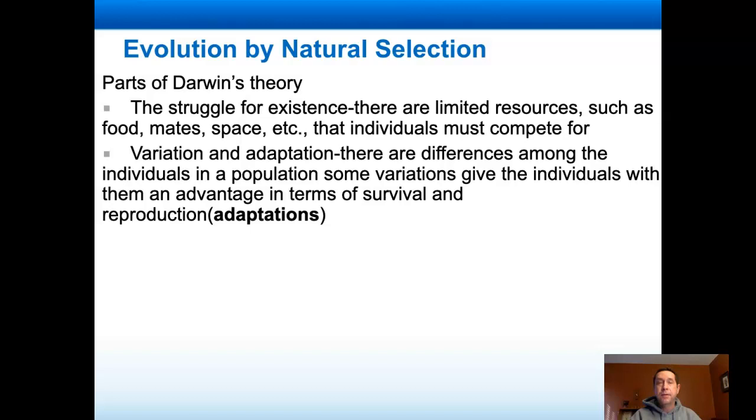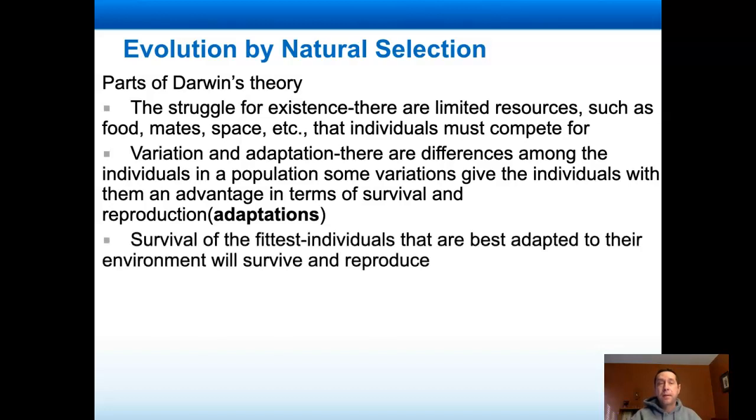Some variation gives individuals with those variations an advantage in terms of survival and reproduction. So some variation doesn't have an effect. Some has a negative effect, but those that have a positive effect on surviving and reproducing, we call those adaptations. So this kind of leads into Darwin's idea of survival of the fittest. The individuals that are best adapted to their environment will survive and reproduce more often and pass their genes on